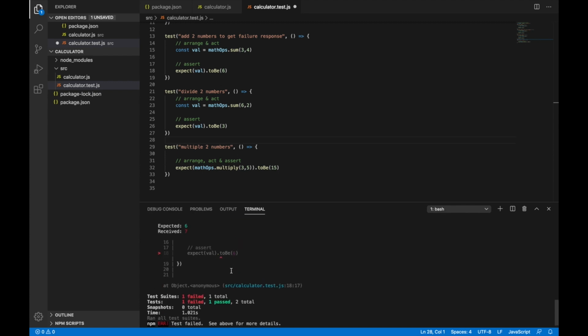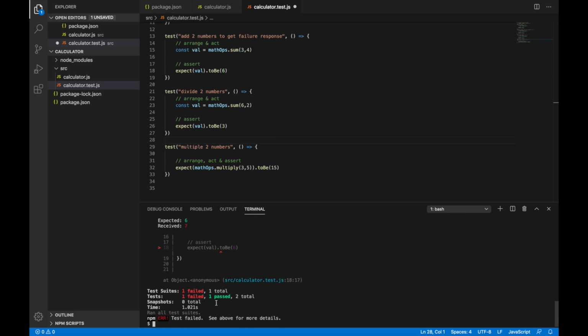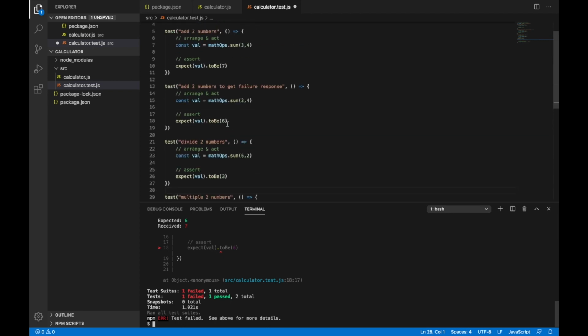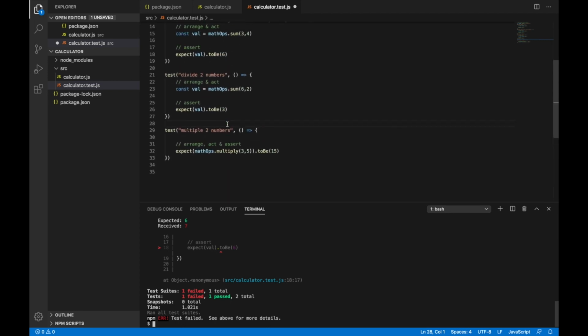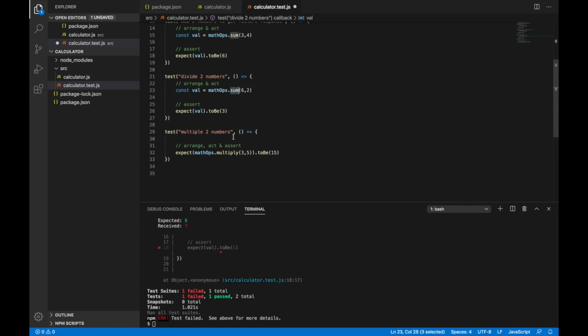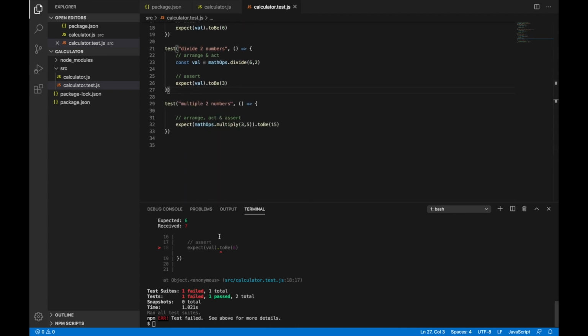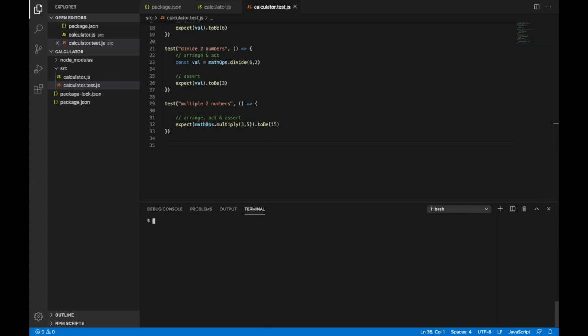It says 1 failed, 1 passed. Okay, we have a total of 4, and because I need to use divide, let me just save it and run it.